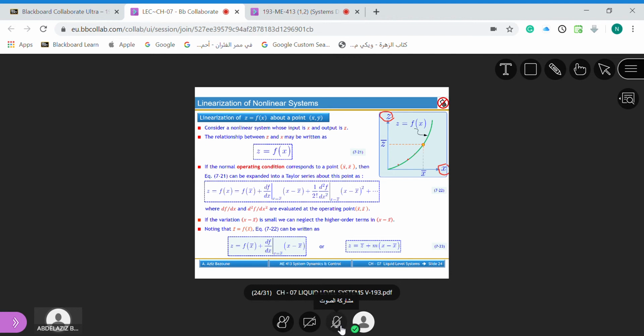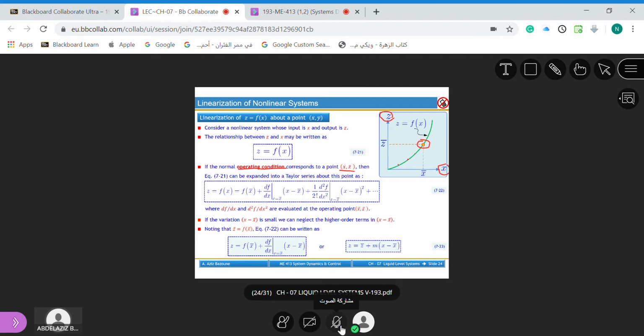So if we consider that we have an operating point, which means the point at which we are looking to linearize, it is called the operating condition or the operating point. Let's take this point, which is x bar and z bar. So x is x bar, z is z bar or y bar, it's up to you. If we do the Taylor series expansion for this function, z is equal to f of x,